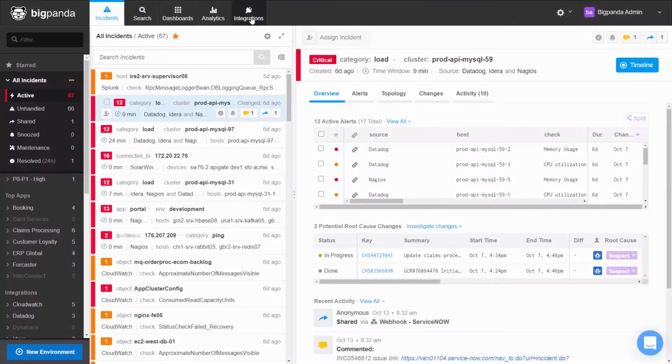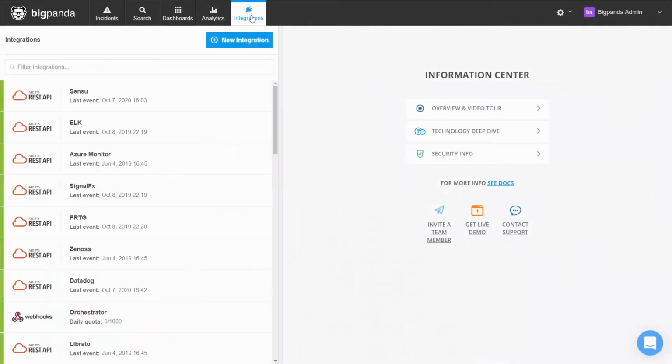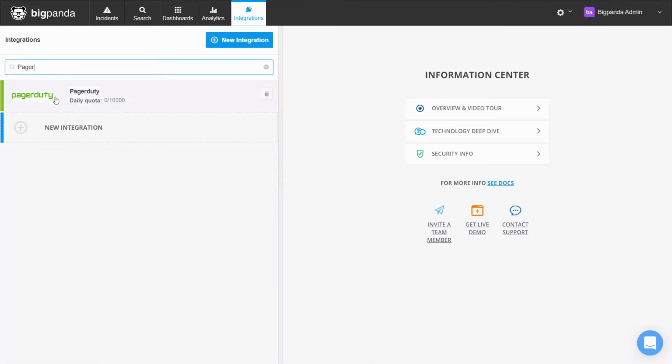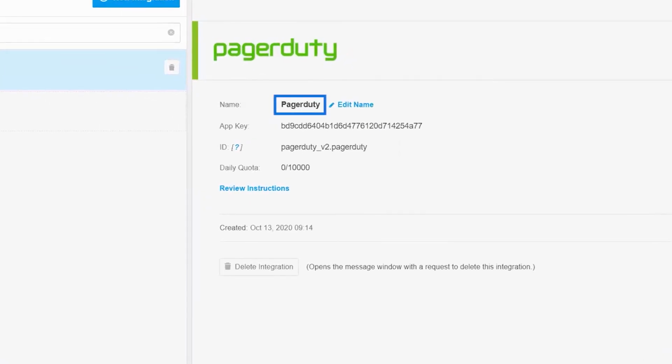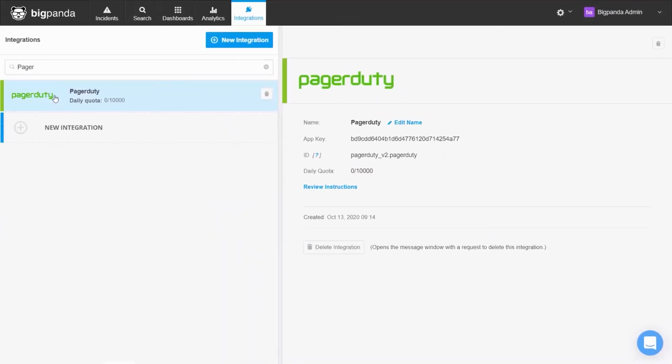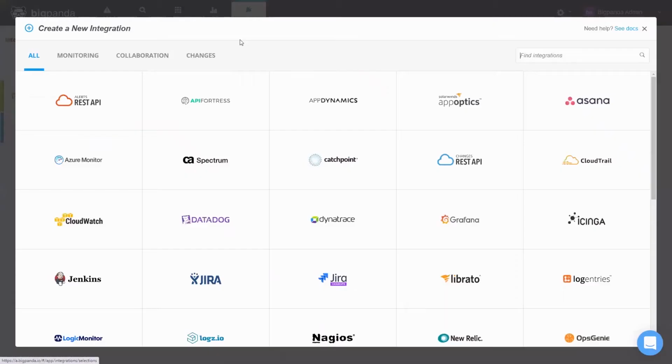First, let's select the Integrations tab. This takes us to the Integrations page, which lists all the existing completed integrations that have been set up within your BigPanda platform. When selecting one of the integrations, we can see additional details for that integration such as the name, the app key, and daily quota. Quotas are applied to protect third-party tools and vendors from alert overload, and they can be adjusted based on your daily requirements. To create a new integration, we'll select the blue New Integration button at the top of the screen,